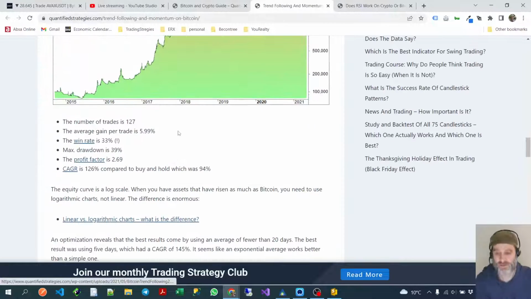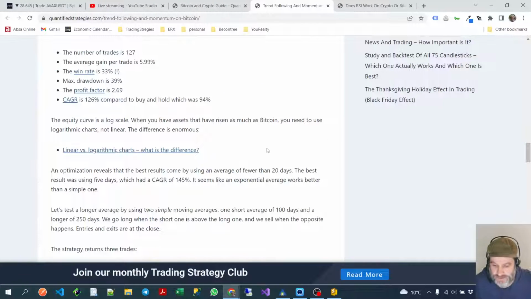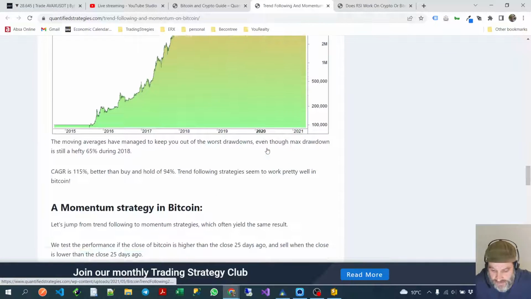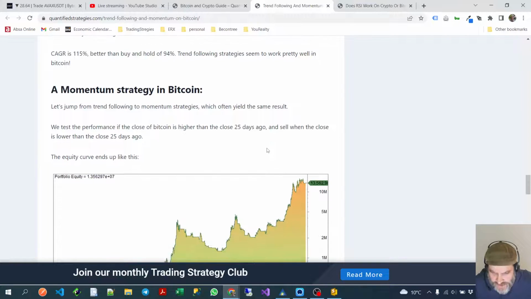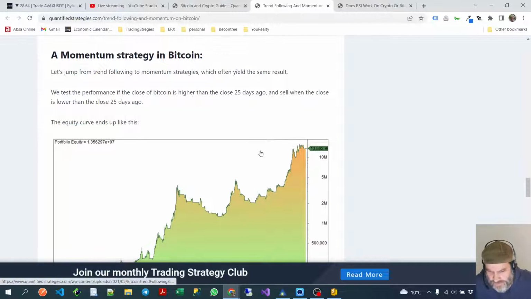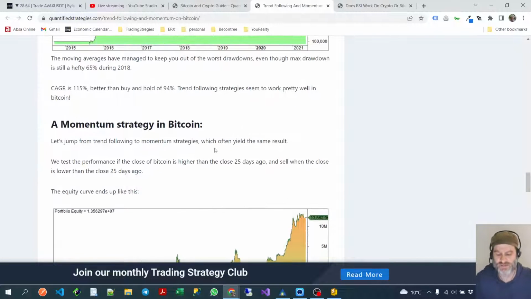Okay, so it looks like we are going to be doing some sort of trend following strategy. I think that's the best way to start on it. And then there's a momentum strategy: if the close is higher than the close of 25 days ago. Okay, we'll come back to this. I don't know if we have time, I'll build this into it, but I think let's just start with the